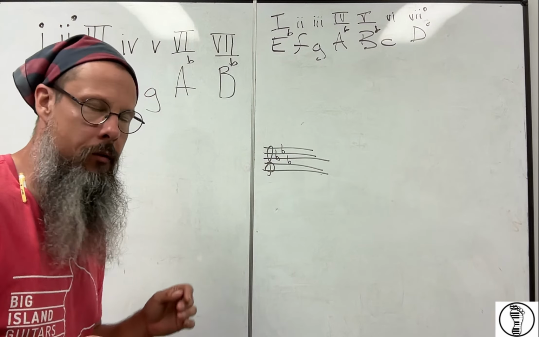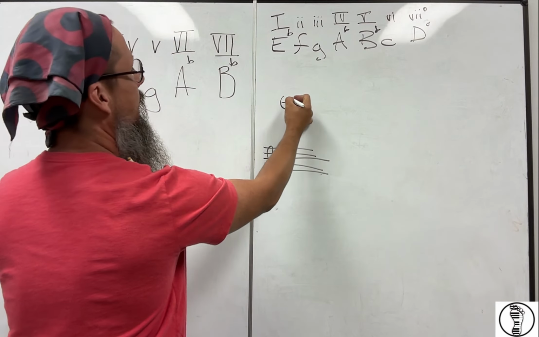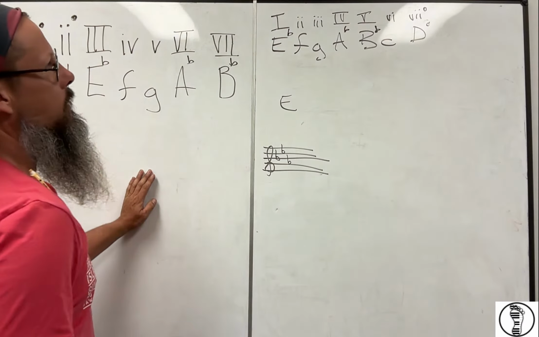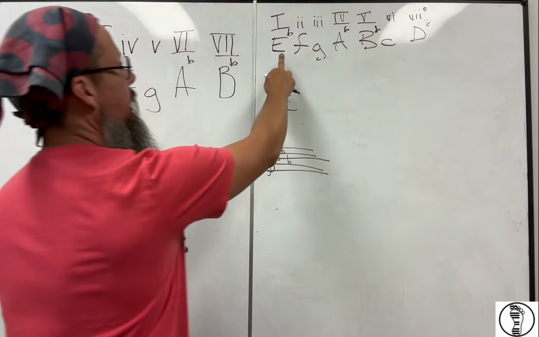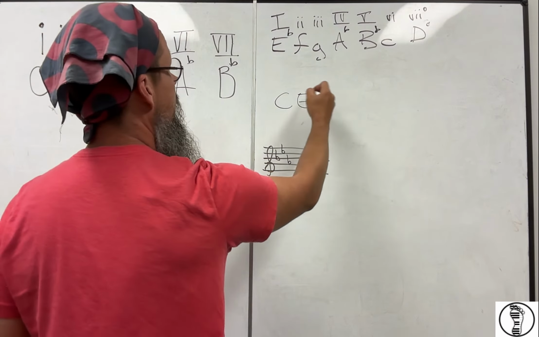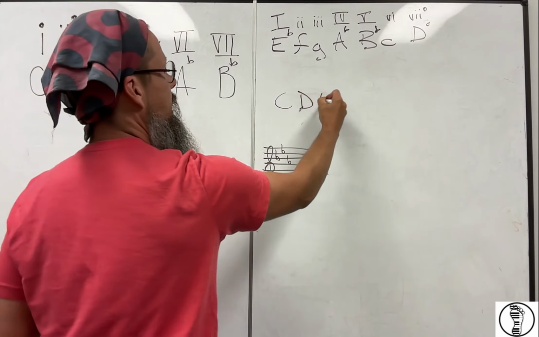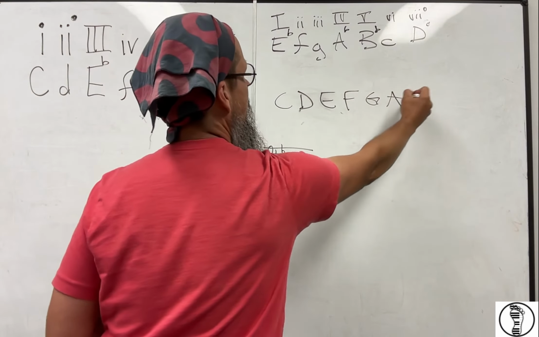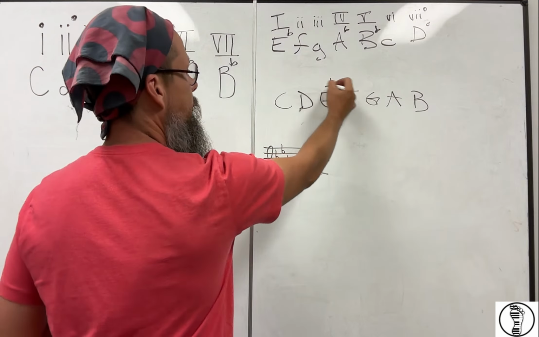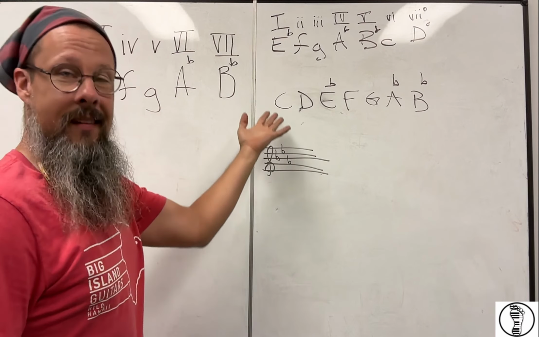The 3, the 6, and the 7. My brain is mush. In the key of E flat major, each one of these, if we had this move, I could tell you that when we go here to C major, if C major had no sharps and flats: C, D, E, F, G, A, and B. When we flatten the third, we flatten the sixth, and we flatten the seventh, we now made C major